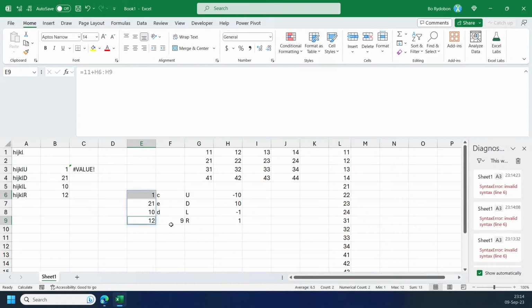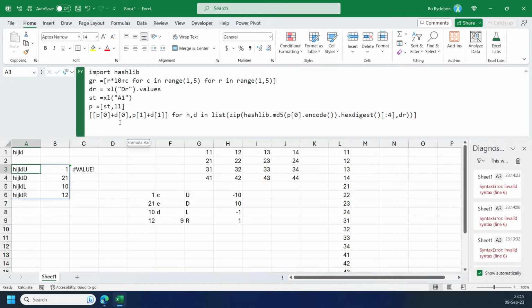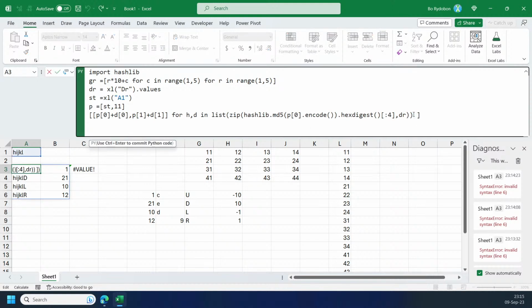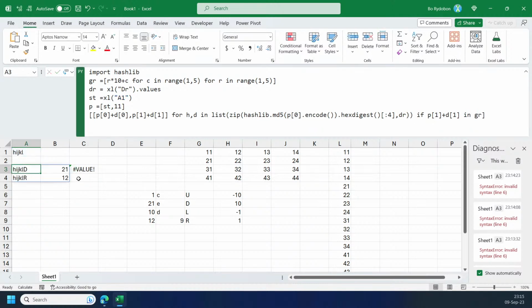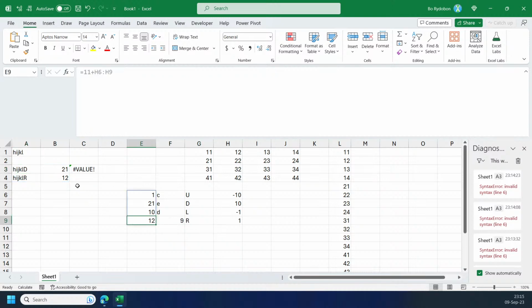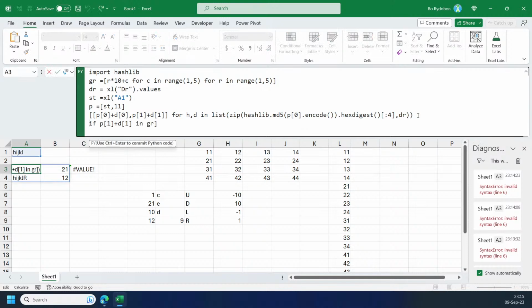But this one is door lock, so we can only go to, I think 21, go down only here. So to check that, I can go with this one. So if, check with the inside the grid first, so I can check if this one is in grid here. So I'm left with 2 here, and then 12 the door is closed, so I have another check. I just put it next row, and